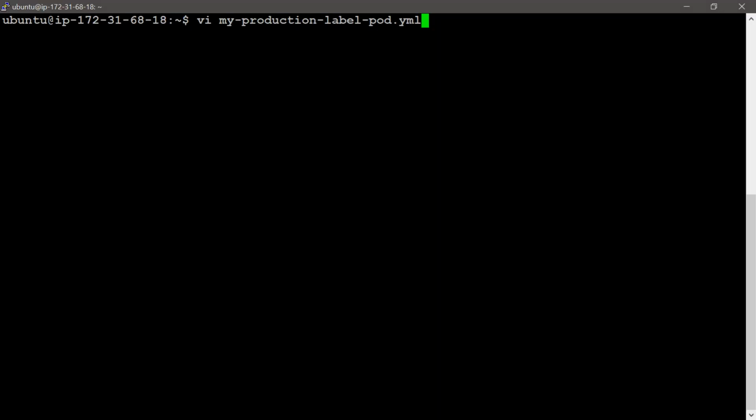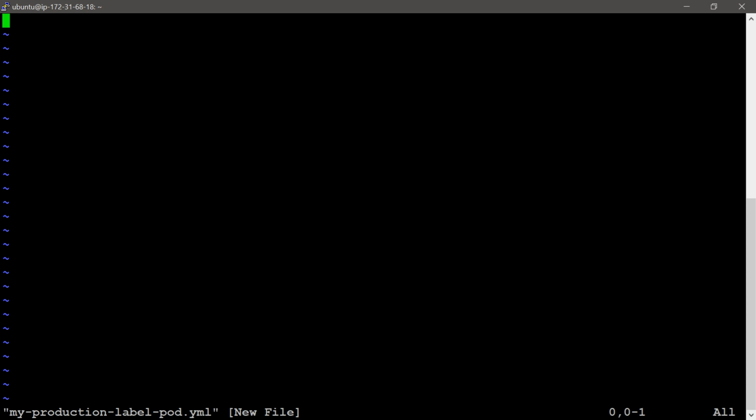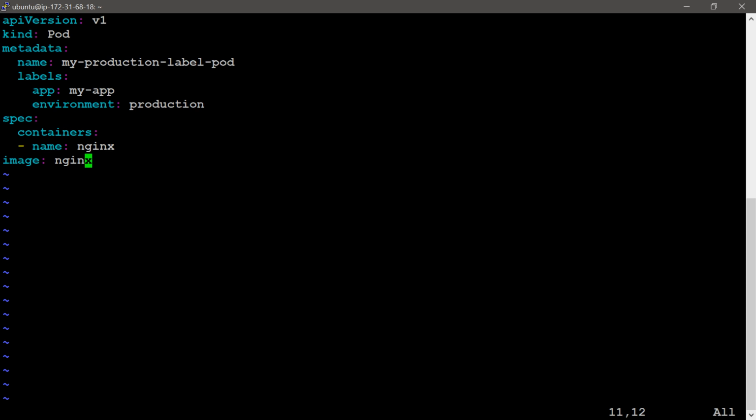I am going to give a pod descriptor in this YAML file. vi my-production-label-pod.yml is the YAML script name I am providing here. Then I will give the descriptor here: API version v1, kind Pod, metadata section.